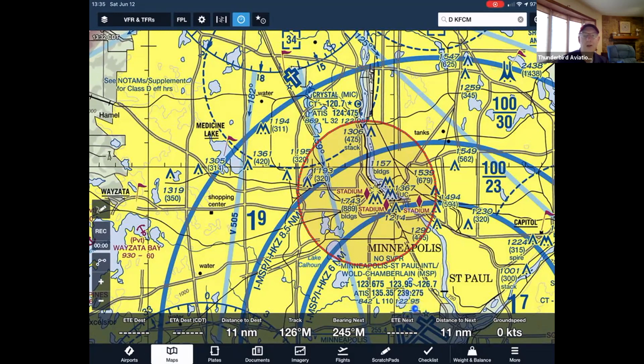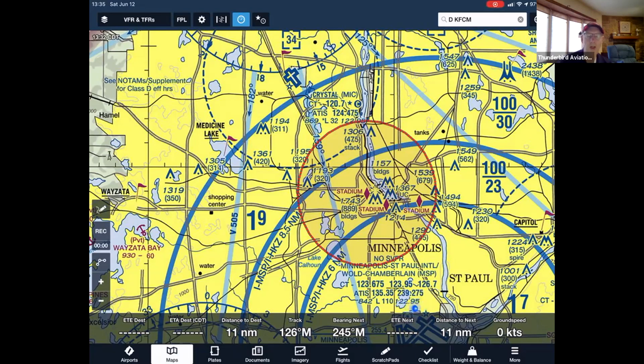ForeFlight said, hey, this is going to be easy. We got this big, huge computer here. Let's just take all the sports schedules for all these stadiums that have more than 30,000 seats in them and put them into our computer. And on the day the game is going to happen, we'll put a yellow ring around the stadium saying that sometime later today there's going to be a TFR around this stadium. And then an hour before the game starts, they'll turn it red because that's when the